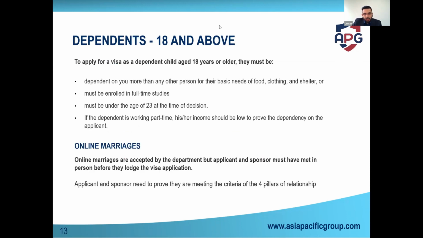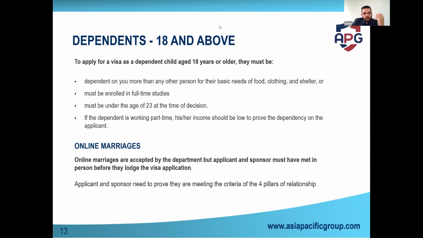Now, another interesting point, dependent visas. How it works is for a dependent visa, if you're applying for someone and they have dependents. Let's say an Australian is getting married to someone in Thailand, and she has 2 children, for example. Now, the mother and the children, all 3, will get the visa together. Their conditions are not going to be a walk in the park, it's slightly more complicated, but it is a possibility.